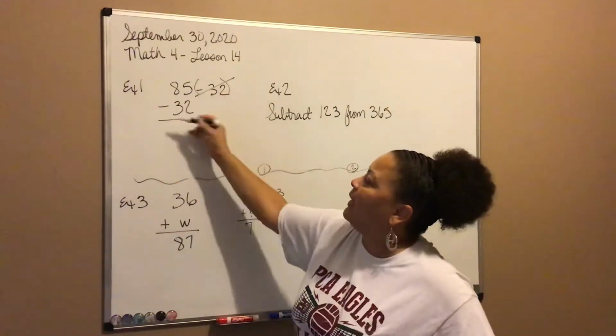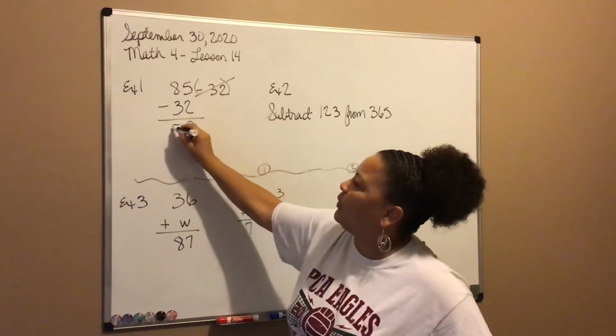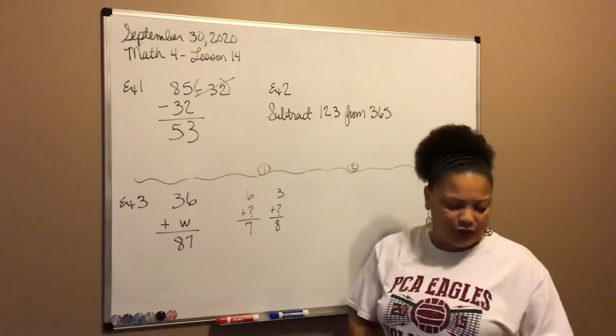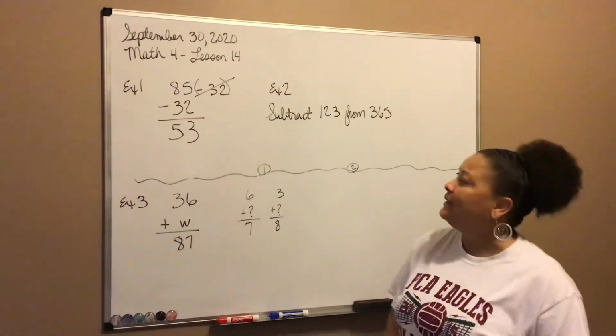So 5 minus 2 we know is 3. And 8 minus 3 we know is 5. So 85 minus 32 would give us 53. Okay? So example 2